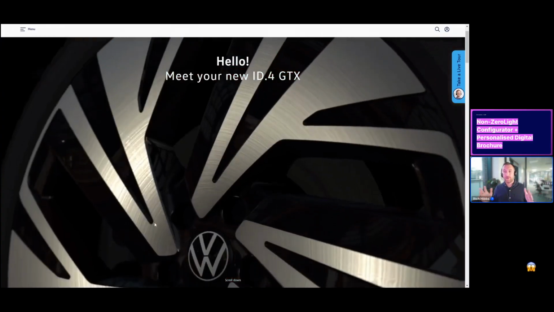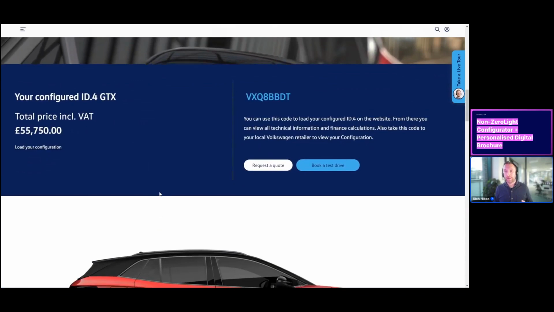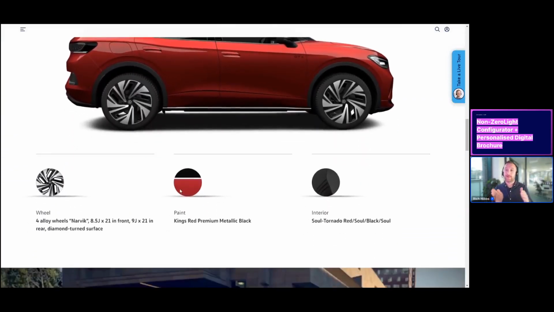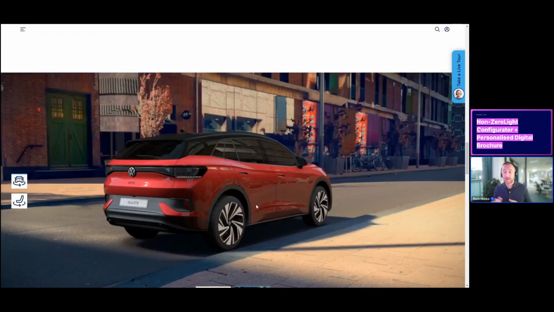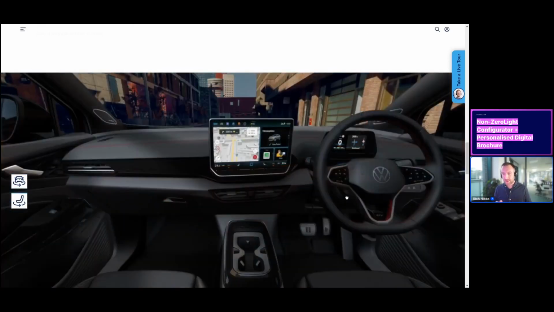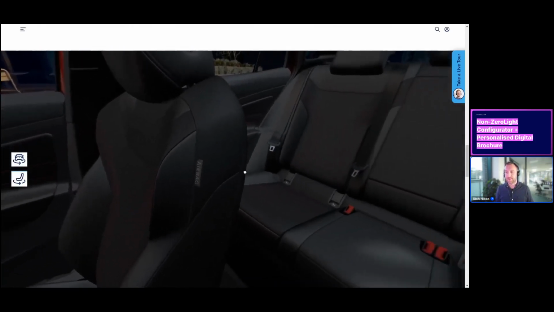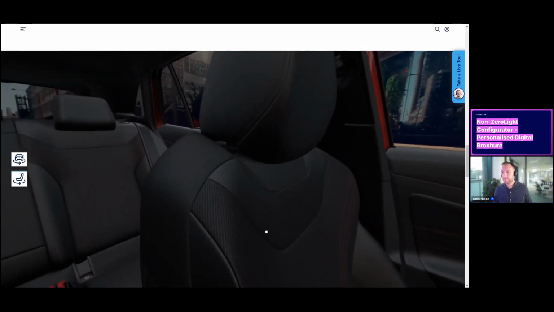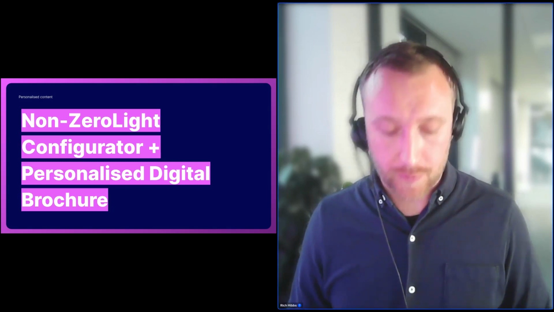It's a microsite that contains video content. It contains imagery. It's all been agreed with the OEM on how they want this to appear. It's saved and can be used time and time again across thousands of different configurations. We have interactive elements. This one's a little bit more lightweight than the Mitsubishi one in terms of the amount of content. But again, great features for a customer to interact with, to play around and really explore their vehicle. So yeah, that was Volkswagen UK.